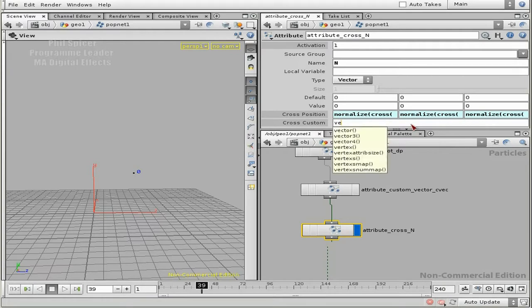Let's put it, oh, I didn't copy it properly. Let's have a look. This entire line, copy, tab, copy it in there, and let's change this component to 1, once more for the z, and change that component to 2. Right. Okay, so now I've got my cross position and my cross custom, and now for the value I need